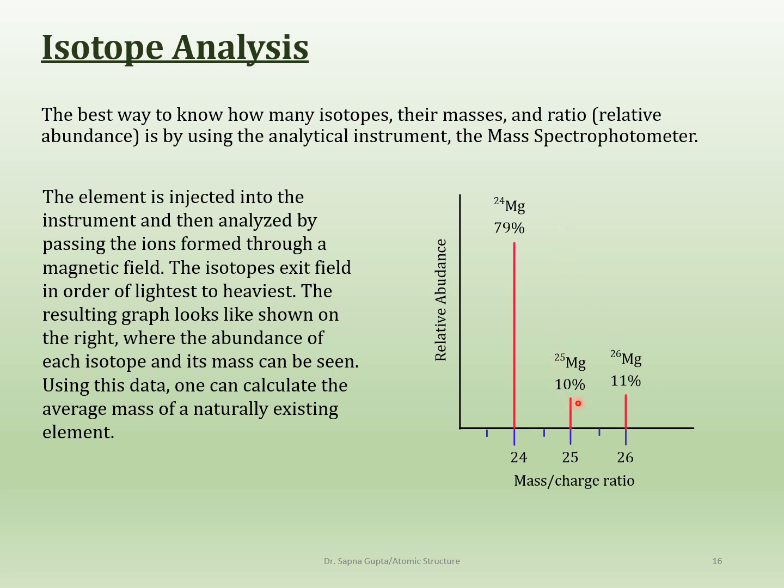So magnesium has 3 isotopes. That is how you study isotopes, and the proportion of each is given by the height of these peaks. You figure out that magnesium 24 is 79%, 25 is 10%, and 26 is 11% only. Which means the majority of the mass is actually coming from magnesium 24. This is something that you do with instrumentation. There is no other way to figure out how many isotopes something has and what the proportion of each is. Once you know the proportion of all of these isotopes, you can go ahead and do the calculation.